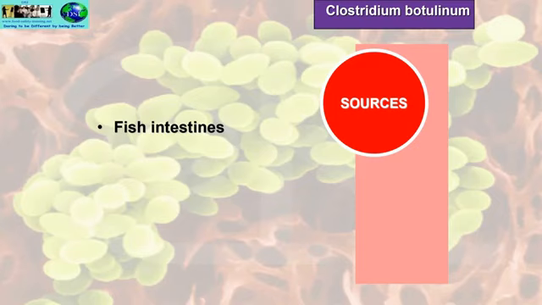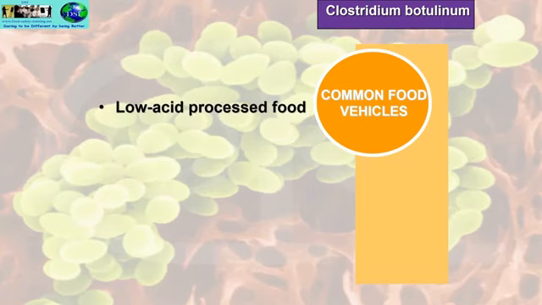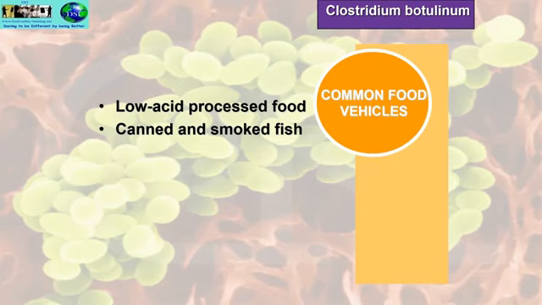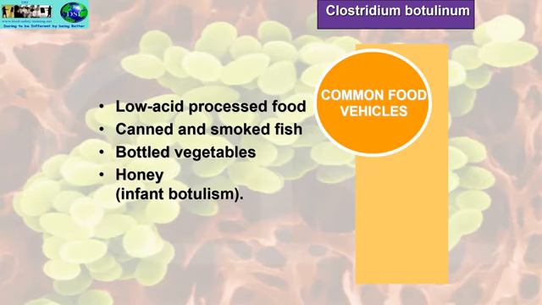Sources include fish intestines, soil, vegetables. Common food vehicles: low acid processed food, canned and smoked fish, bottled vegetables, honey. In fact, it aids in something called infant botulism. Honey is a very natural product. It's not heat processed or preserved in any way, shape or form, and it can contain Clostridium botulinum spores, which